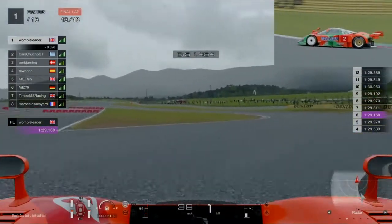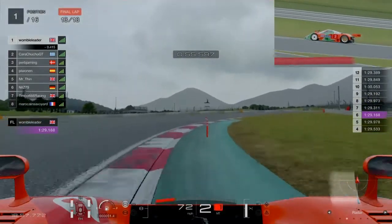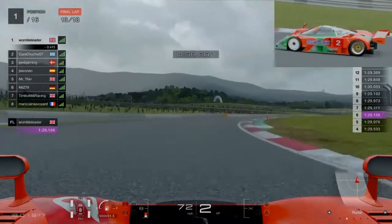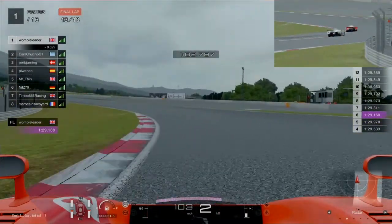Carlos, you really made me sweat in this one. Managed to sort of force a few mistakes out of me. Unfortunately, the Mazda just a little bit too quick down the straight for your Mercedes. But that was a really good battle and great to race, and hopefully I'll see you out on the racetrack